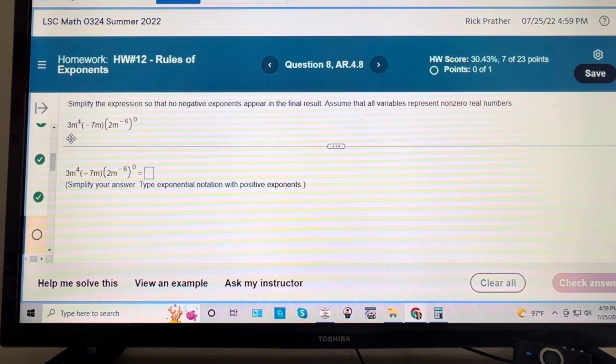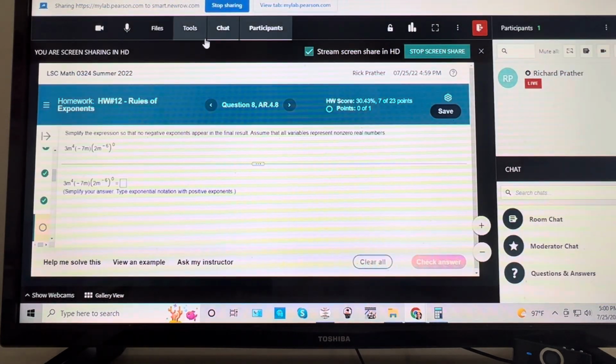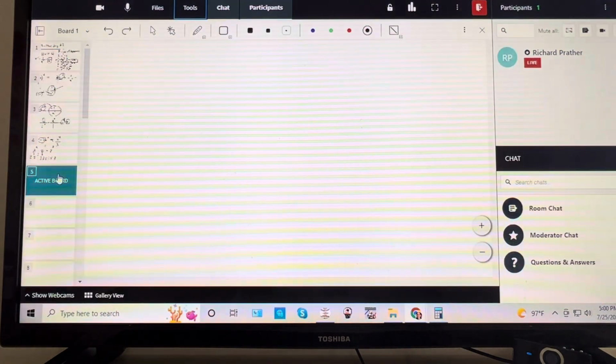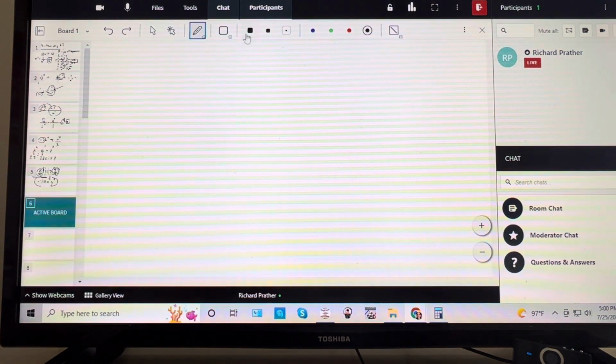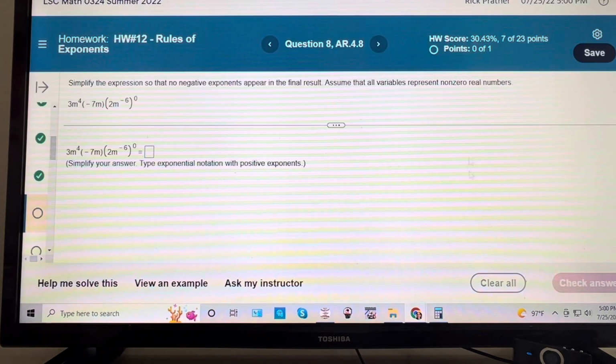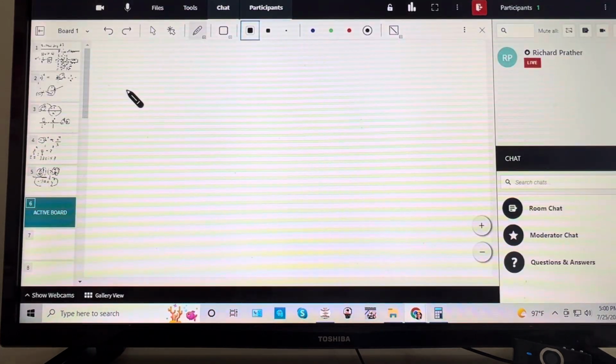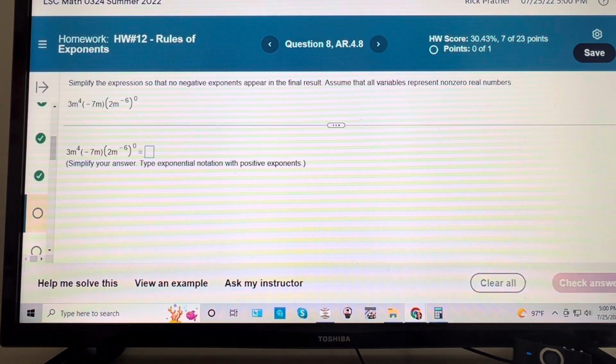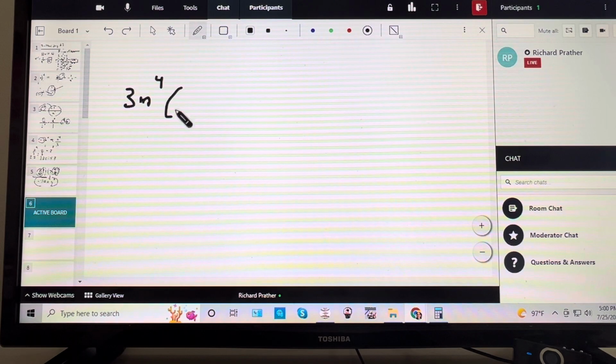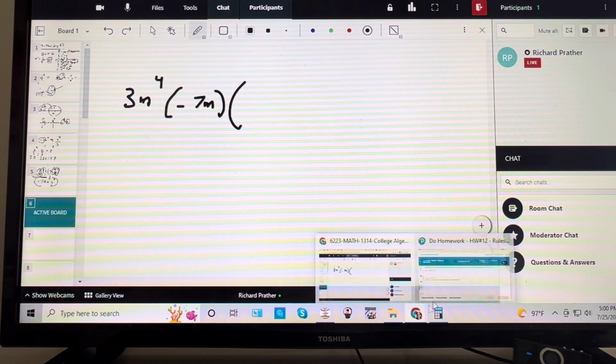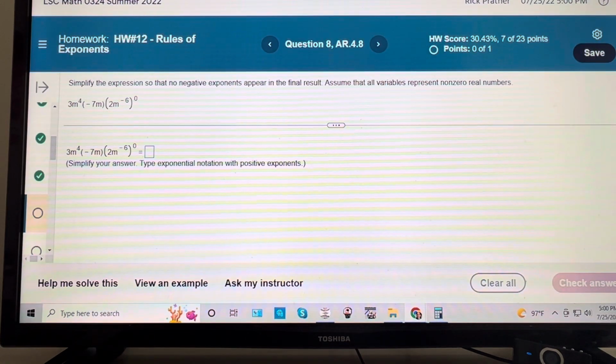Okay, 3m to the 4th times negative 7m times 2m to the negative 6 to the 0. Now, this looks more complicated than it actually is. 3m to the 4th, notice there's no parentheses there on that 4. Then there is a parenthesis for negative 7m, but it doesn't have an exponent. And then another parenthesis for 2m to the negative 6